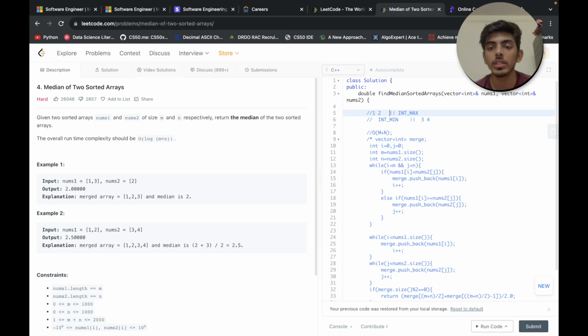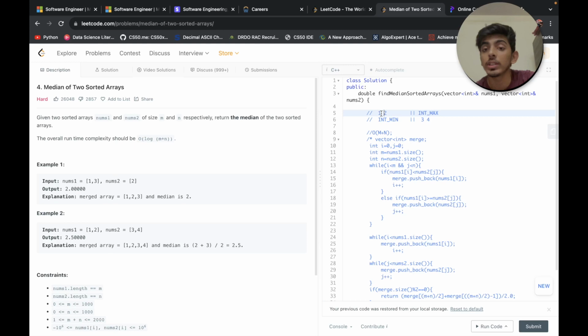After that, we will simply take the maximum of these two, the maximum which is present in the leftmost, which in this is 2, right? And in this we have int min, so take the maximum of these two. So we have considered 2, and in the right part we will consider the rightmost.